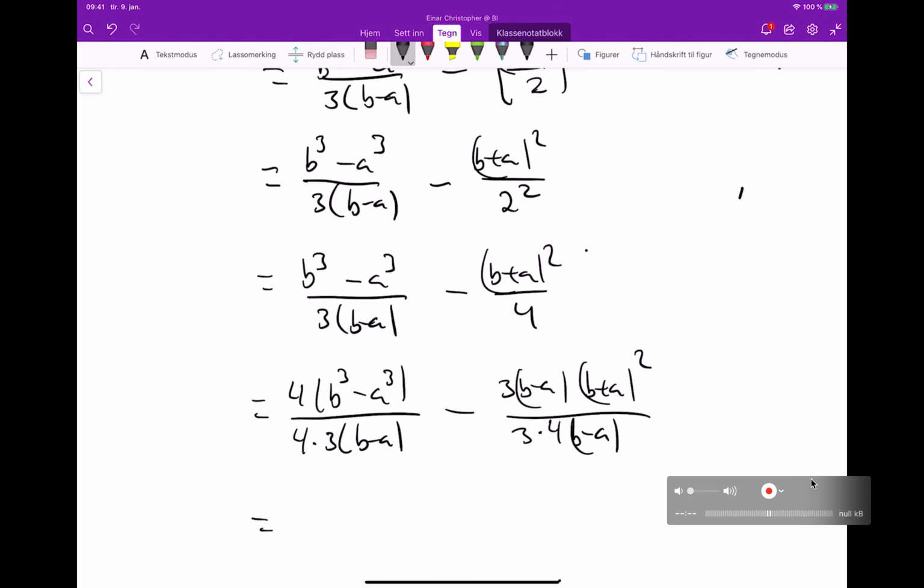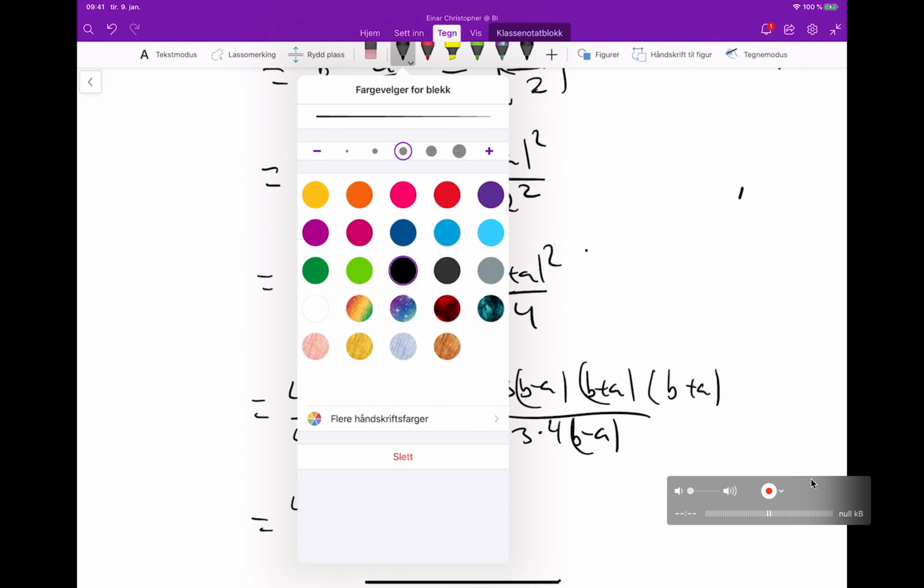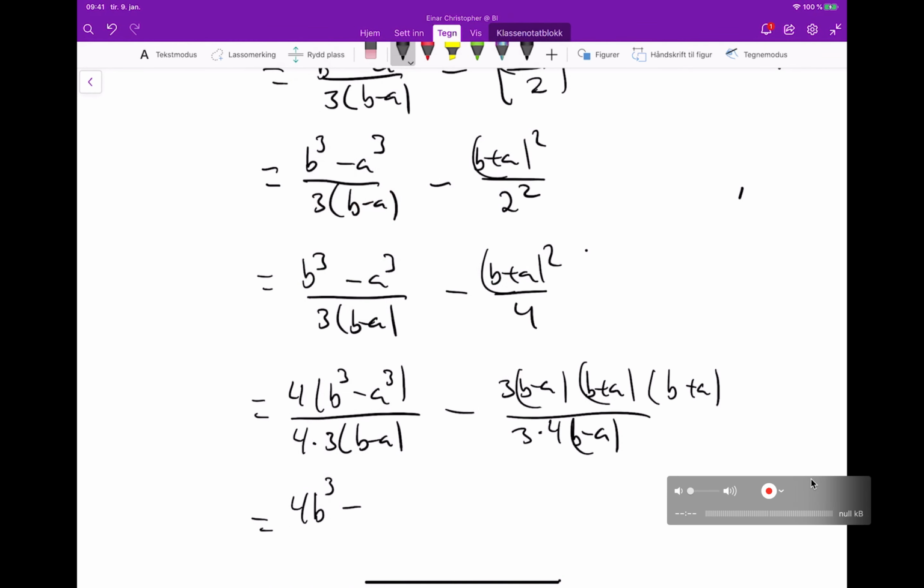And then we get 4b in the power of 3 minus, let me just write this as 2 parentheses instead. So then we get minus 4a in third divided on 12 times b minus a minus,